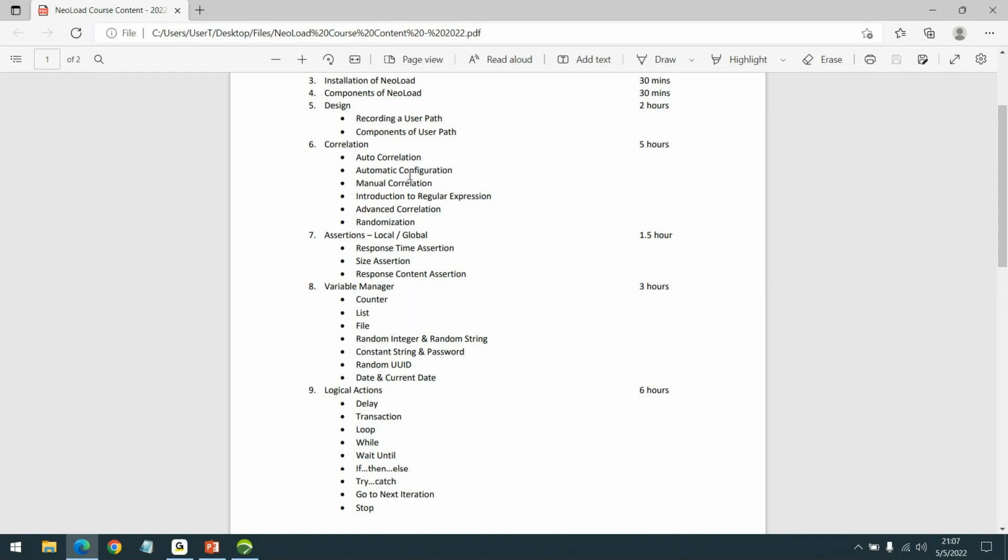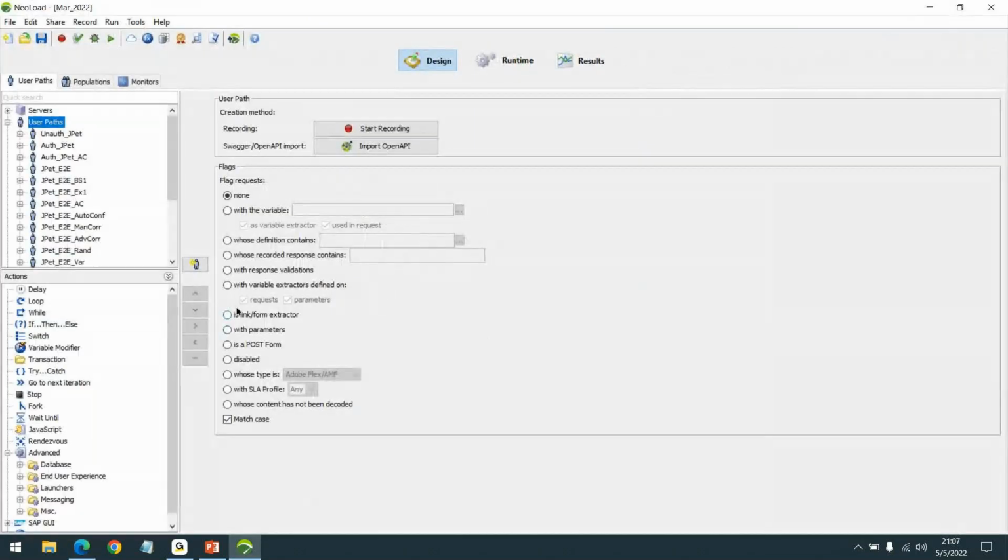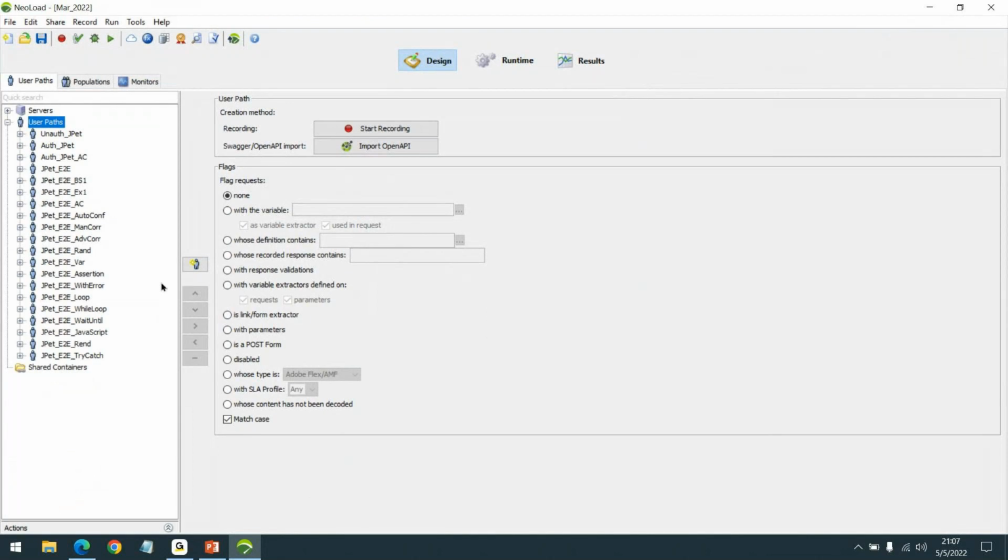So I would also like to show you what we had done in the previous batch. As you can see, this batch was between March to April 2022. So we will be creating these many scripts, a variety of concepts we will be discussing. There are unauthenticated and authenticated workflows, and an end-to-end buyer workflow that we will record.